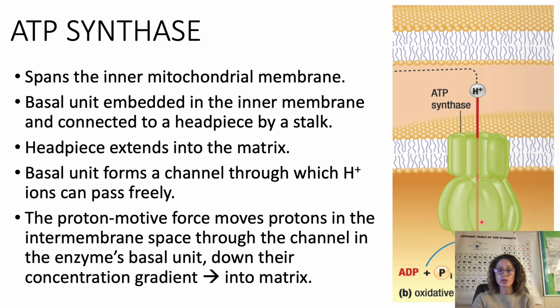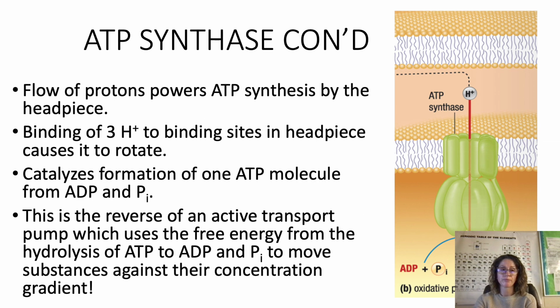The proton motive force moves protons in the intermembrane space through the channel in the enzyme's basal unit, down their concentration gradient into the matrix. The flow of protons powers ATP synthesis by the headpiece. So binding of 3 hydrogen ions to the binding sites in the headpiece. So we're going to have 3 hydrogen ions binding. This catalyzes formation of 1 ATP molecule, and that's from ADP and